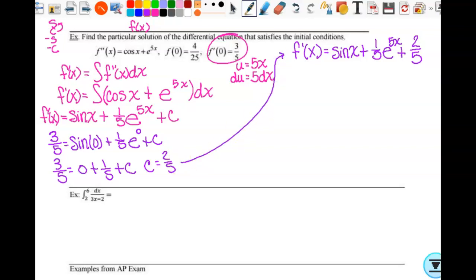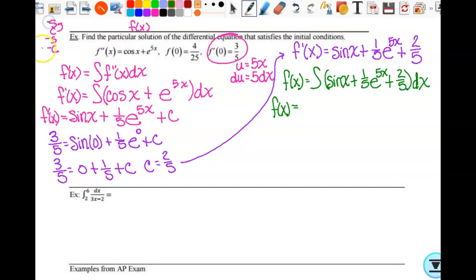Everybody good with all that so far? All right, so then I need f of x. Well, f of x is going to be the integral of f prime. So it's the integral of the sine of x plus 1/5 e to the 5x plus 2/5 dx. Okay, so when I integrate sine, what do I get? Negative cosine, right? So I'm going to get negative cosine of x